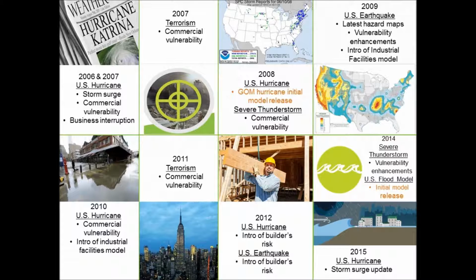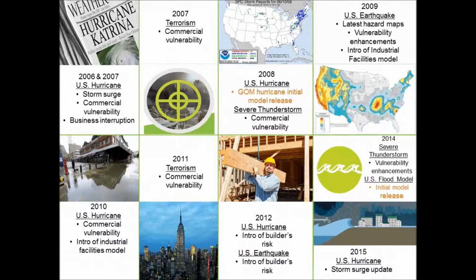The AIR earthquake model for the United States was updated in 2009 following the USGS National Seismic Hazard Maps, which were updated and released in 2008, and the update included substantial enhancements to commercial vulnerability that were developed based on nonlinear dynamic analysis. We enhanced our terrorism model in 2007 and then again in 2011, which is widely used in